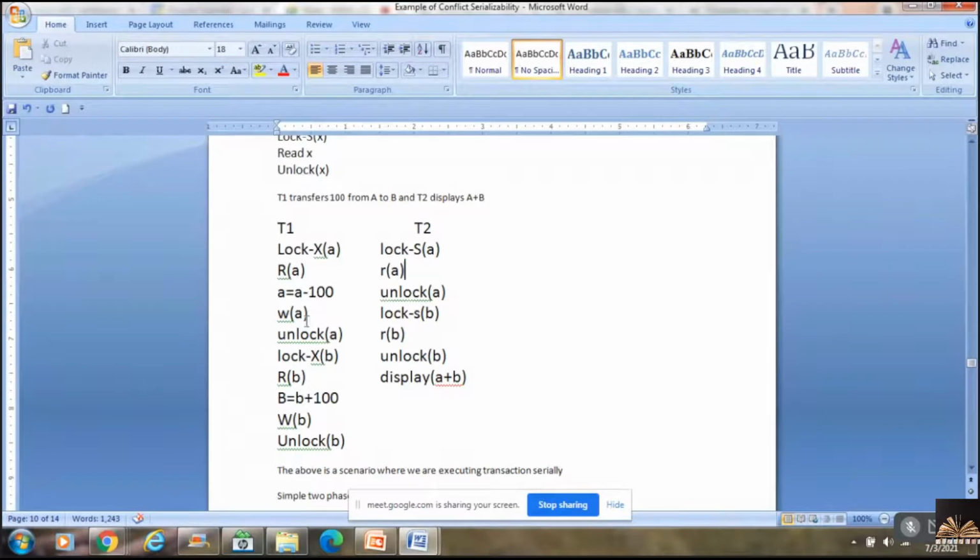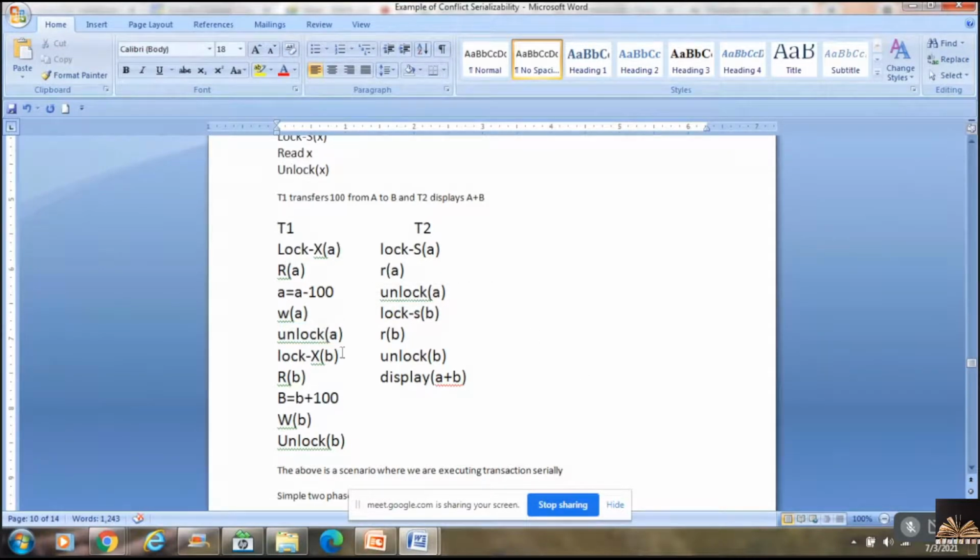And after that, I unlock A so that other transactions can use the value of A. In simple locking, that is what I'm doing.